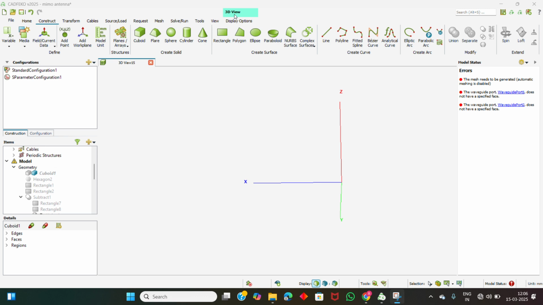I'm Jashwant, and today I'm going to design a MIMO antenna using Altair Feko software. The initial step you need to do is go from Home to Construct, and here you need to select the model unit. Initially it would be in meters, and you need to convert it into millimeters,